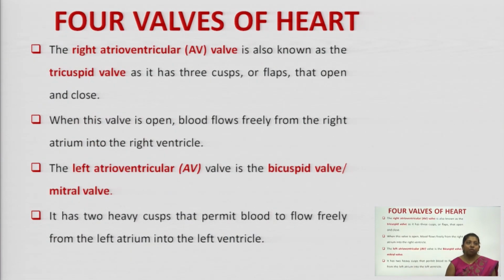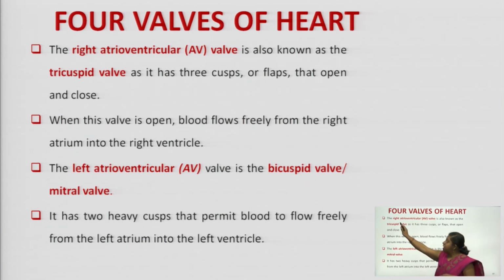Fine. So, once our chambers are done, we have 4 chambers. Now we know that we have 4 chambers. Now we will go through the valves. Valves are flap-like structures which allow the flow of blood in a restricted manner. Means whenever a valve is open, the blood flows through it, and if the valve is closed, there won't be any flow of blood. So we have 4 valves in our heart.